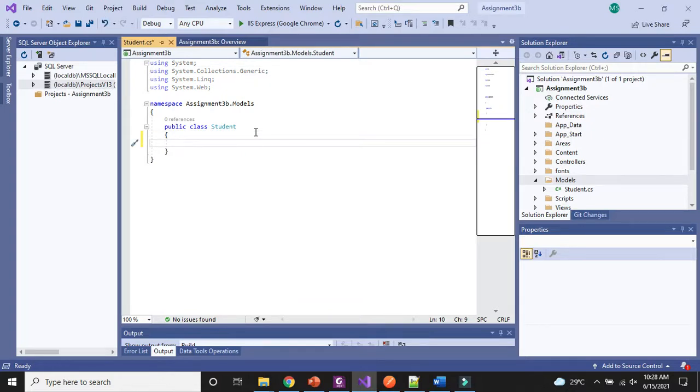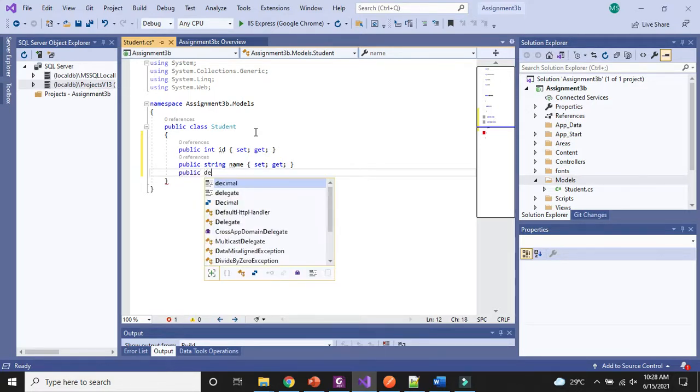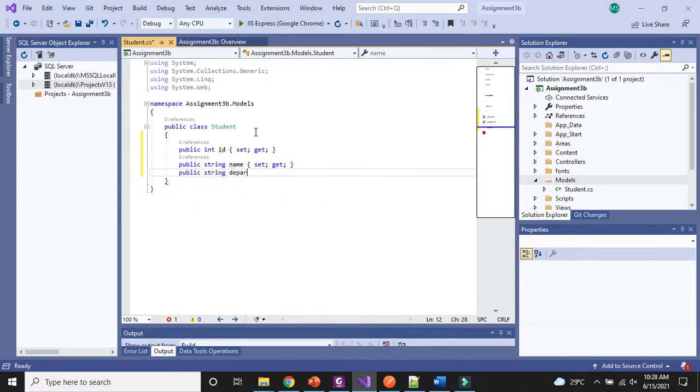Now here we will write some attributes or properties of the student. I will write the first attribute as ID, and we will also write the getter and setter for this ID. The next thing, after the ID, I will write Name. Name should be a string, and I also need to write the getter and setter. This is also done. The next thing I will write over here is Department. Department should also be a string. I will write the setter and getter method.